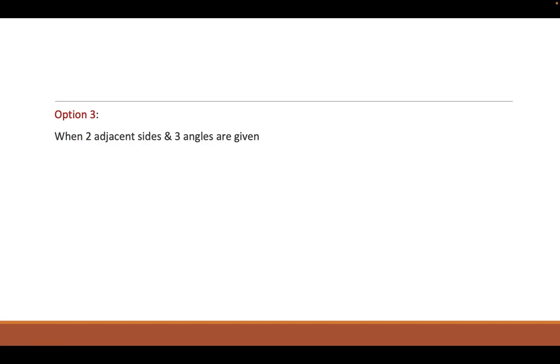Option 3, two adjacent sides and 3 angles are given. So this is one of the toughest ones. Listen carefully how to draw it. So the quadrilateral TSIM is there, where SI the side is 6.5 centimeter,